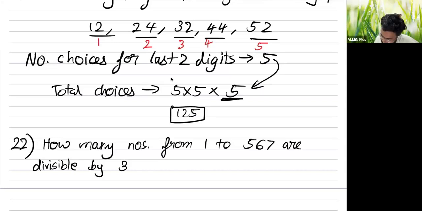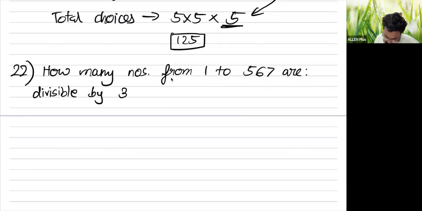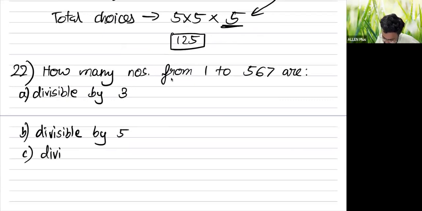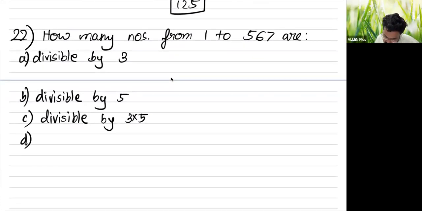First of all, there are many parts to this question. A part is divisible by 3. B part is divisible by 5. C part is divisible by 3 times 5. And D part is divisible by